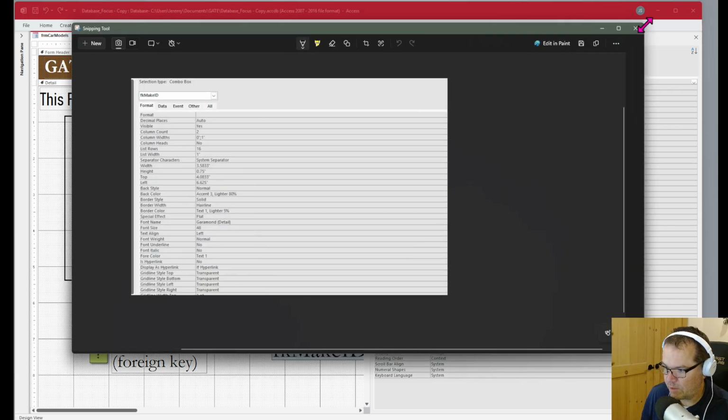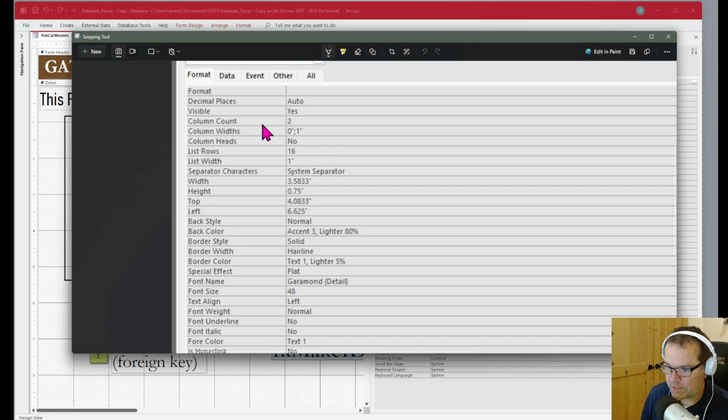Okay, let's zoom in. You'll see that it has 2 columns for the combo box, but the first column width is 0. So here's what's happening. The row source for this combo box, I said, hey, select ID and then also select car make. So I'm getting 2 columns worth of data. I'm going to make the first column 0. That is not the same as no column. It's just 0 width, and then the other column has a width of 1 inch, whatever your unit is